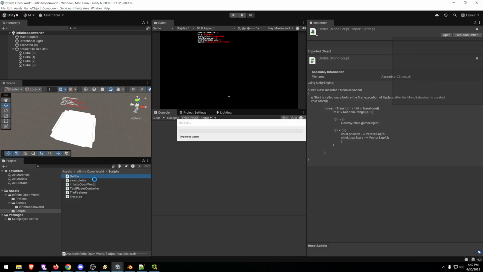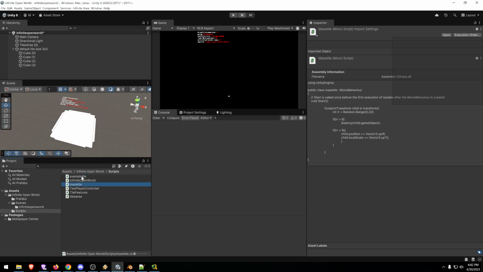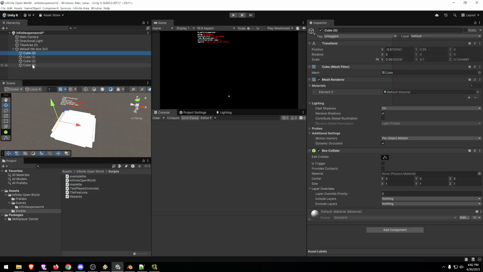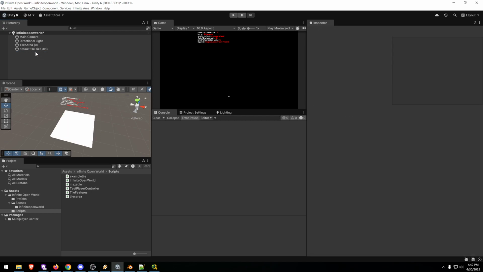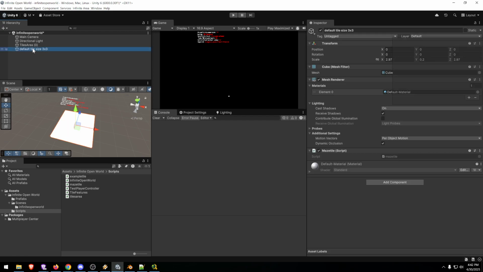Good. Hold on. We're recompiling again. Then the example tile is going to be very different. Let's get rid of all this and rename this to example